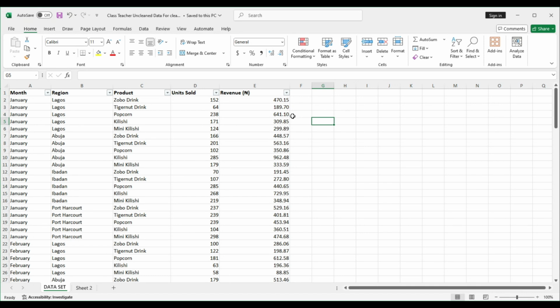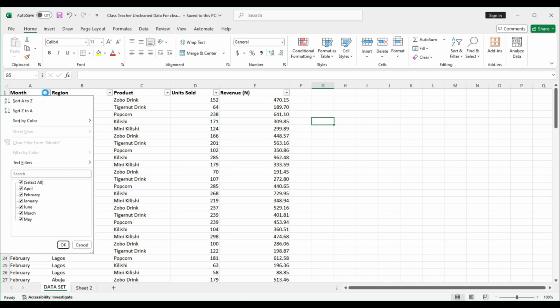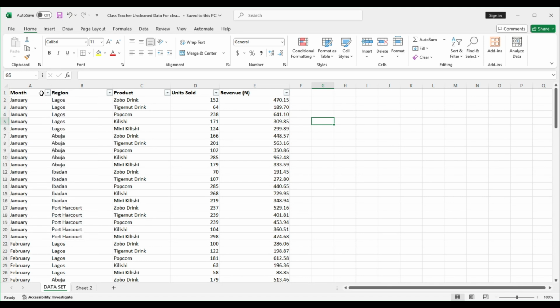Okay, fine. Now for other cleaning processes, let's see. I think we don't have any issue. Now the next thing we are going to do is let's validate this. If you are validating anything here,